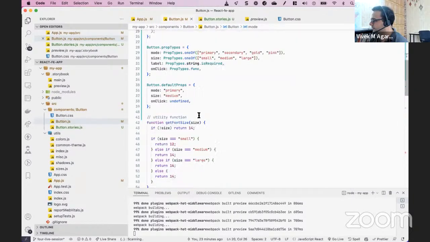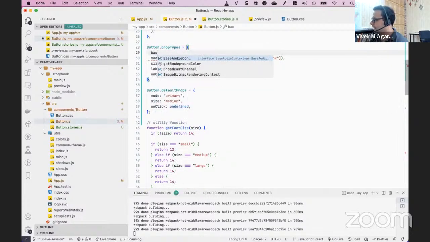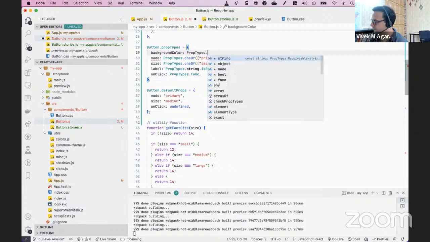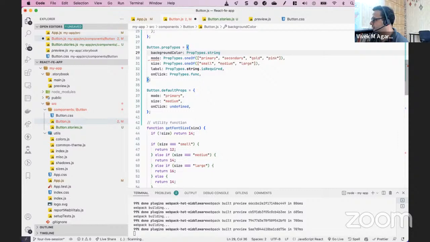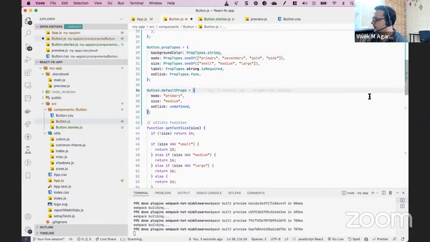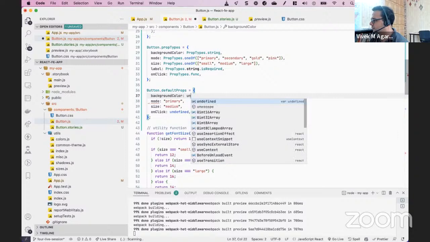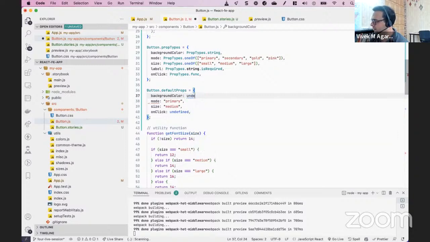सबसे पहले प्रॉप टाइप्स में वो हम डिफाइन कर देते हैं कि background color can be prop types dot string। एक बैकग्राउंड कलर हम पास कर सकते हैं। बैकग्राउंड कलर का डिफॉल्ट वैल्यू हम नल रख देते हैं, राइट। कि अगर बैकग्राउंड कलर पास नहीं किया गया है तो फिर हमें कुछ नहीं करना, ठीक है, इसको हम नल कर देते हैं।